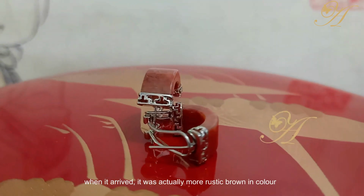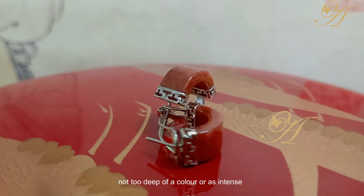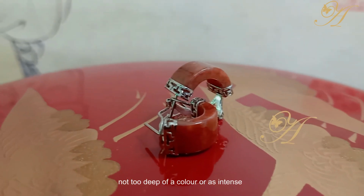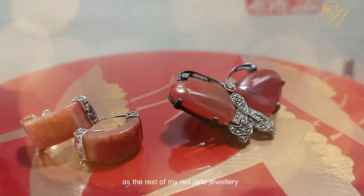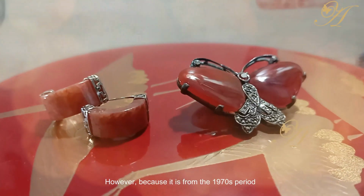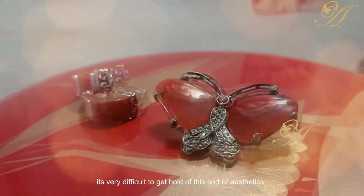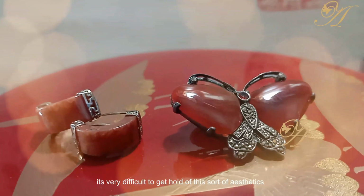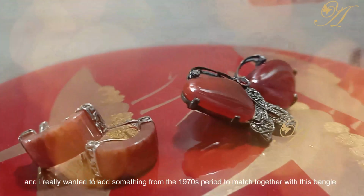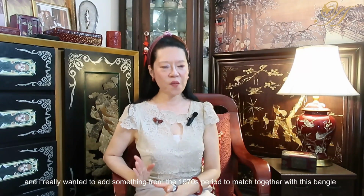It is very difficult to get this color, as I mentioned. When it arrived, it was actually more rustic brown in color, not too deep of a color or as intense as the rest of my red jade jewelry. However, because it is from the 1970s period, I decided to keep it because it's very difficult to get hold of this sort of aesthetics, and I really wanted to add something from the 1970s period to match together